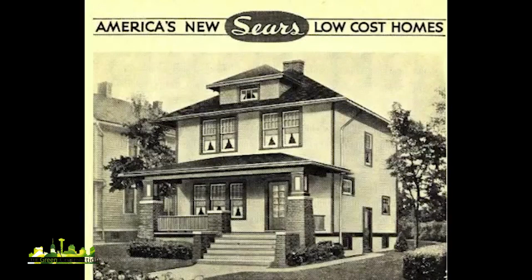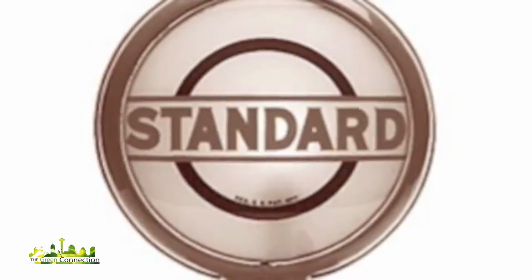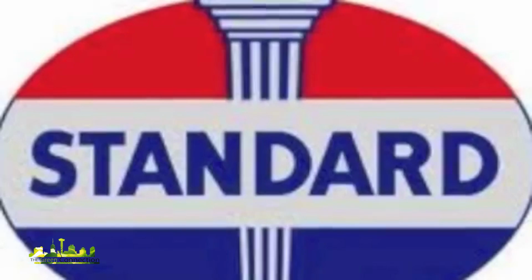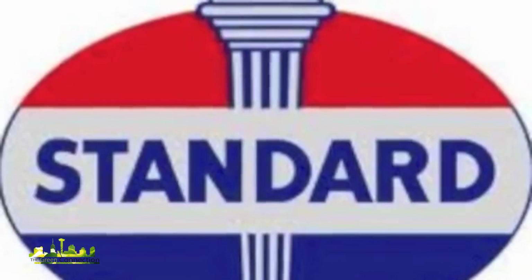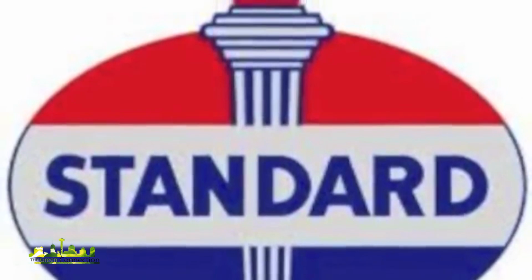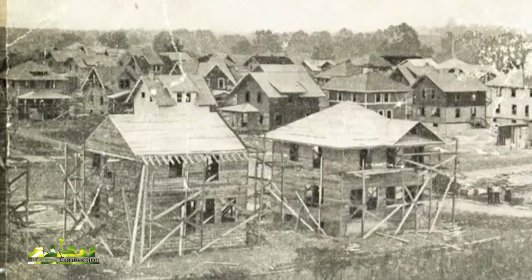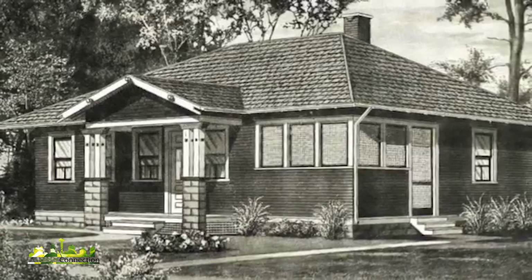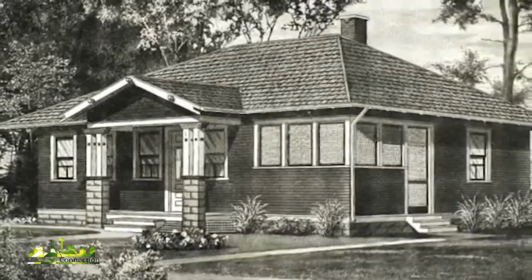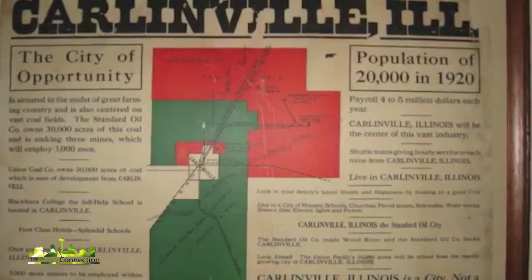Today, Elgin, a suburb of Chicago, has the largest known collection of Sears modern homes in the country. Another company whose employees owned Sears modern homes was Standard Oil. In 1918, Standard Oil made Sears modern homes mail order history by placing the largest order of kit homes ever. They ordered 192 Sears homes for $1 million and had them shipped to Carlinville, Illinois, because they wanted to provide